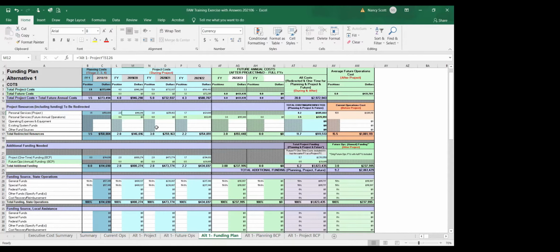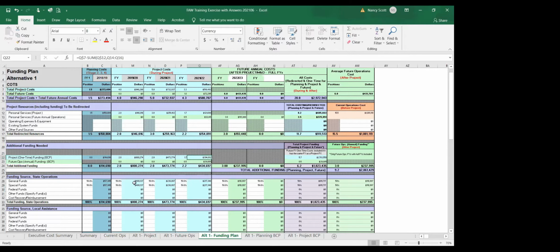And then it says, okay, my total that I need is 946,290 minus the 146, which equals 800,274 for my first year of project. My second year, I need 473. My third year, I need 434,697, which is the combined total of future and one-time project costs, which equal that.